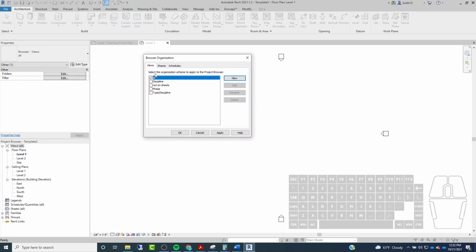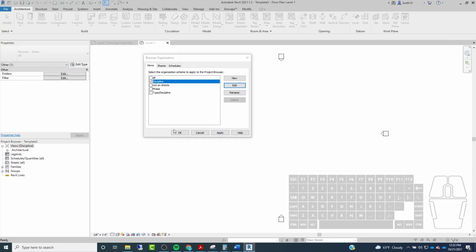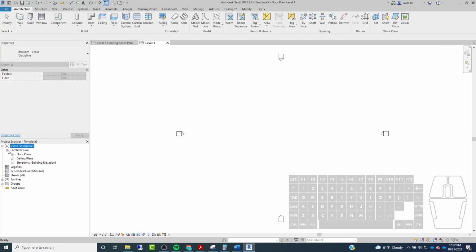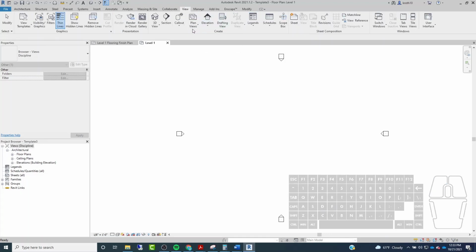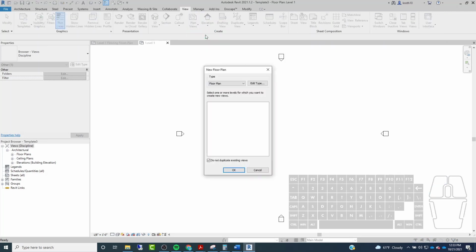Now what we want to do here, we have all these different options and ways that we can sort how all the different views are organized throughout the project. So if I were to change one of these, let's say to Discipline, all right, and then click Apply, and then watch over in the project browser and you can see it will update. So I'm going to go back now, and if I expand this, you can see it's now collapsed everything only to Architectural. But if I were to create a new view, so if I go to View and then Plan View and then create a new floor plan,